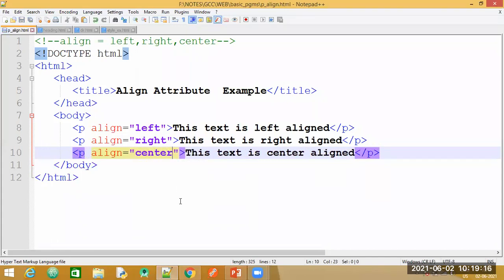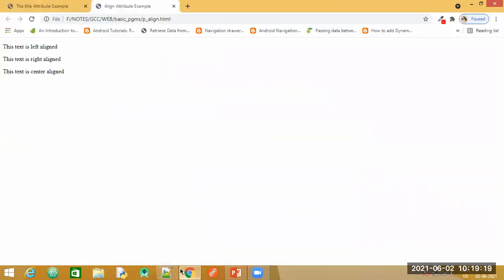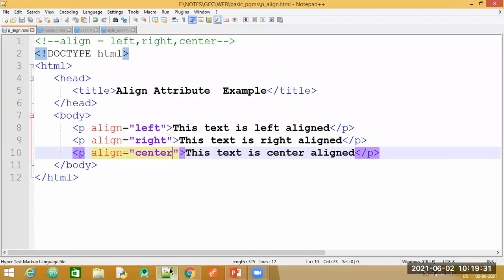Save this document. Let us go back to our browser and let us refresh this. So now you see the output, the alignment of the text has changed, okay? But if you have a look here, when I applied this particular property or attribute, it will be applied only to this particular element or only to this one sentence, which is inside this P tag. It is not applied to the other two sentences, right? So when you specify such values and properties, they will be applied only to that particular element. They are specific. They do not apply to the entire document.